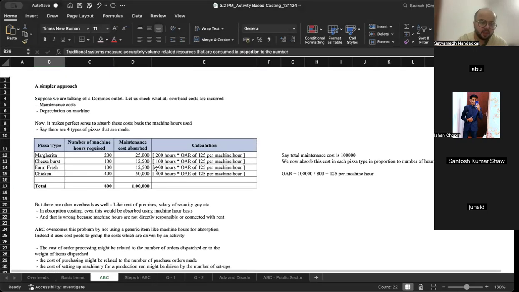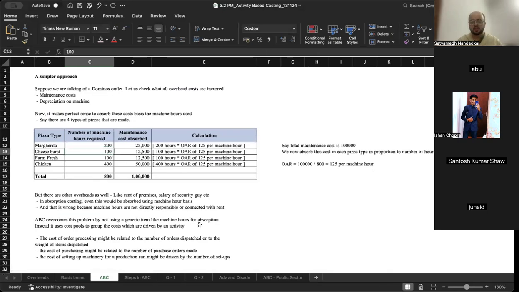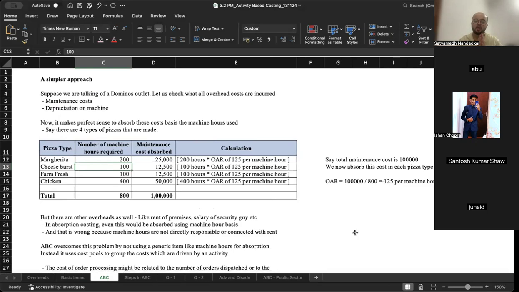Now, the activity-based costing approach, as we discussed just now, depends on the cost drivers, basically items that influence